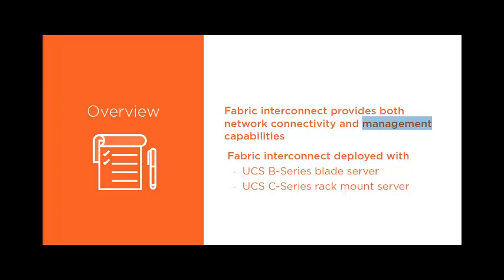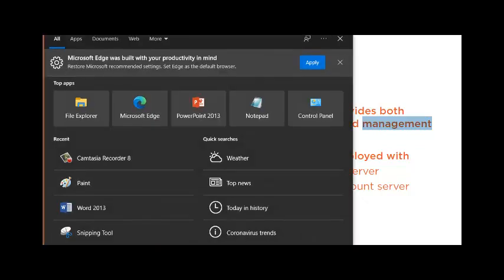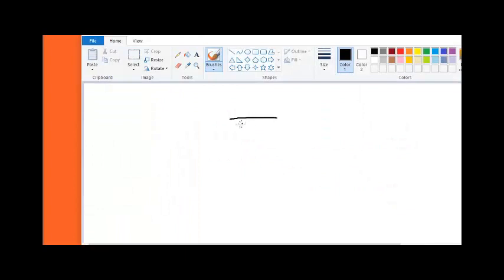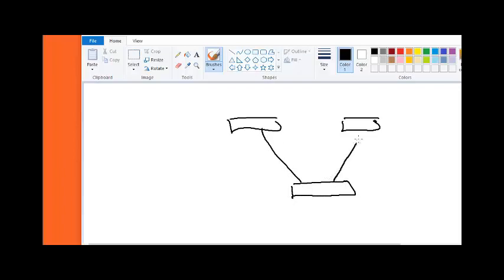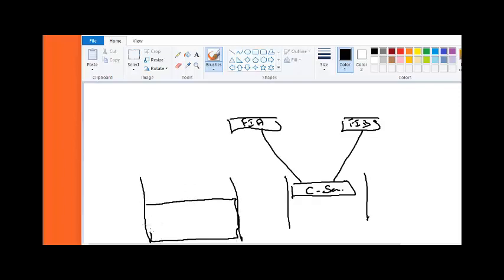So if I need to put it in a picture, it will be like this. So we got a Fabric Interconnect that may be connecting directly to a rack mount server like this. This is Fabric Interconnect 1 or A, Fabric Interconnect B. It connects to the C series, on the rack it is, or it can be a big chassis inside the rack which is connected to the Fabric Interconnect, and this Fabric Interconnect is connected upstream